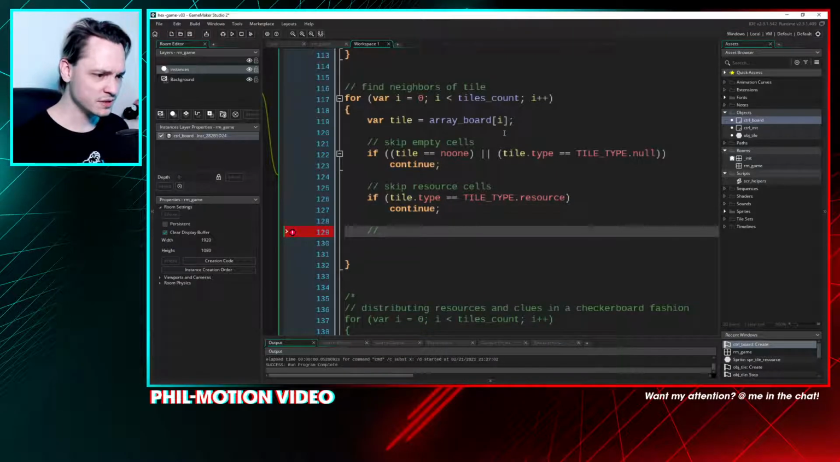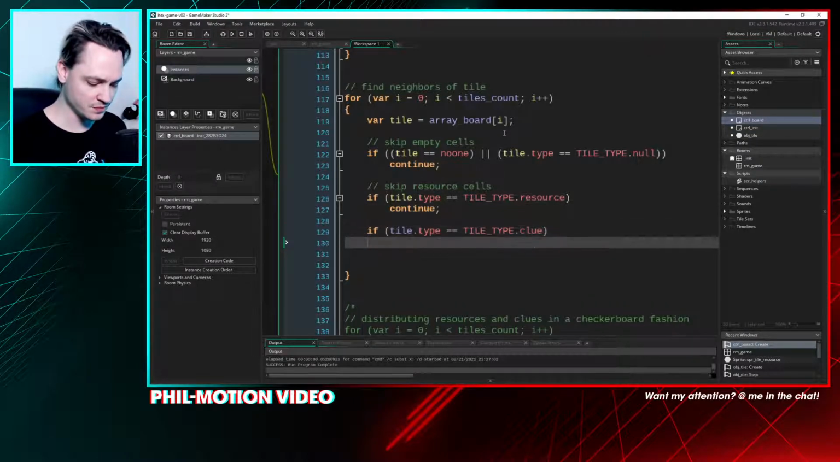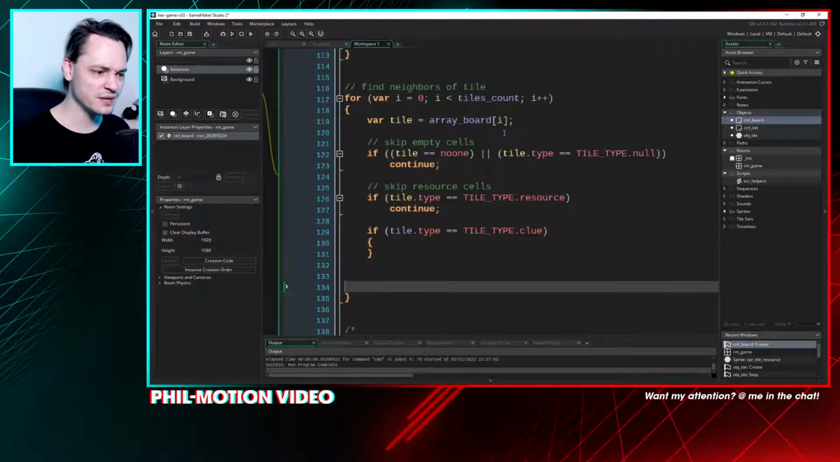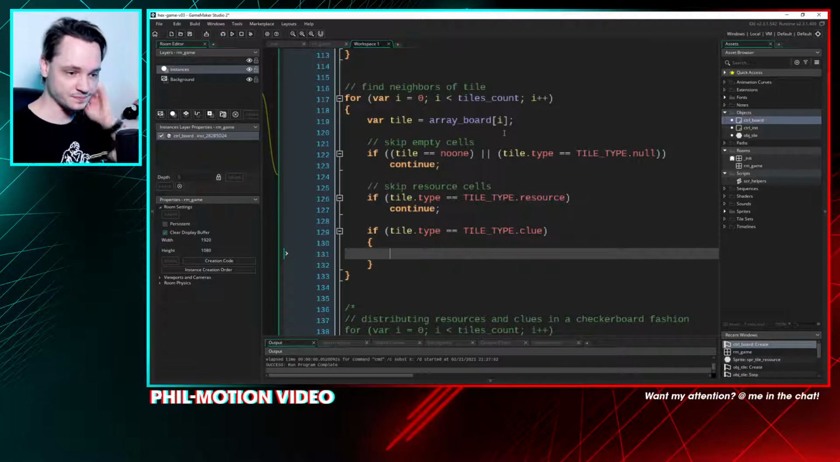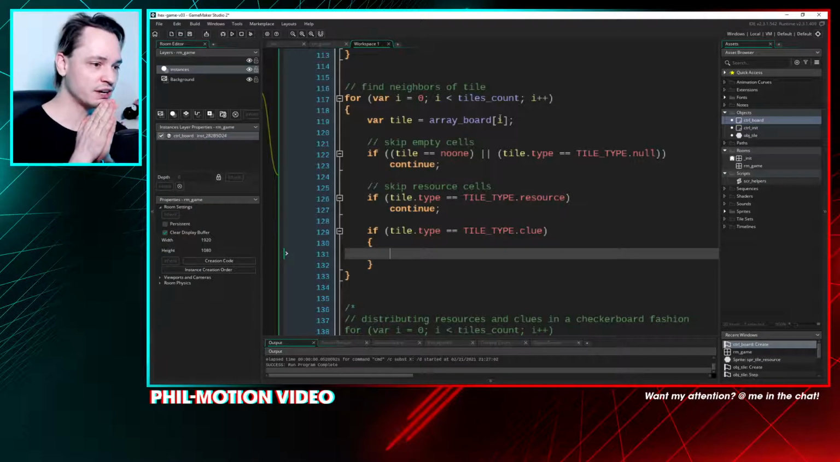And just to make sure, at this point the only tiles that are left are of type clue, but still I want to make sure, if tile type equals tile type clue, just to be sure that it's really only run in that case. I could also use a switch statement for this, but what the hell, this is where we are right now. So for each clue then we have to find,